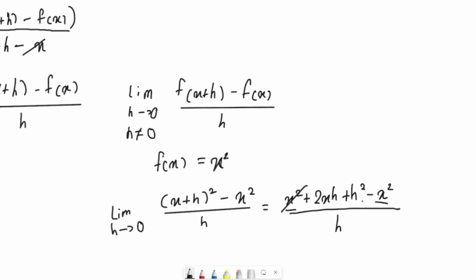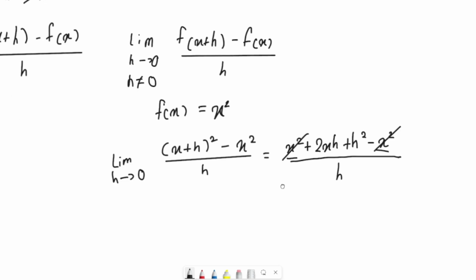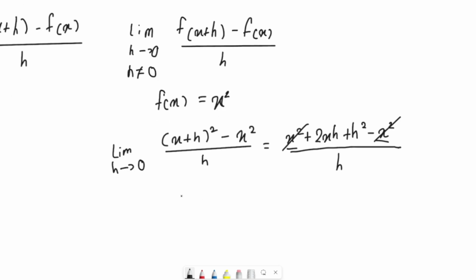And in these two terms, I can take h as a common factor. So I can further rewrite this equation to be, I take the h common, I write 2x plus h over h. I can cancel the h's, and now what I'm left with is the limit as h approaches 0